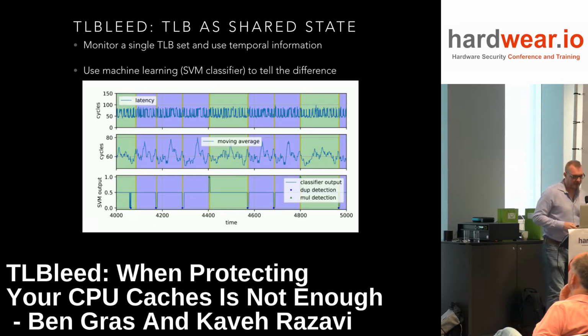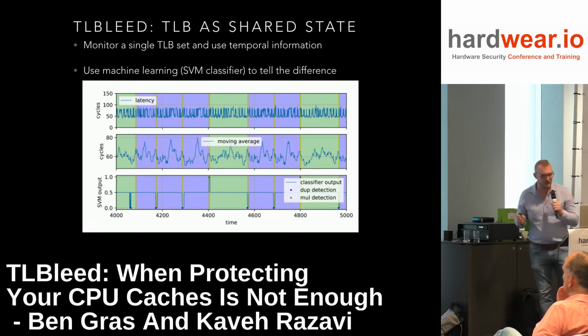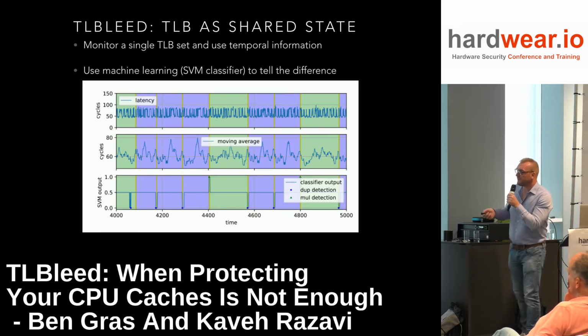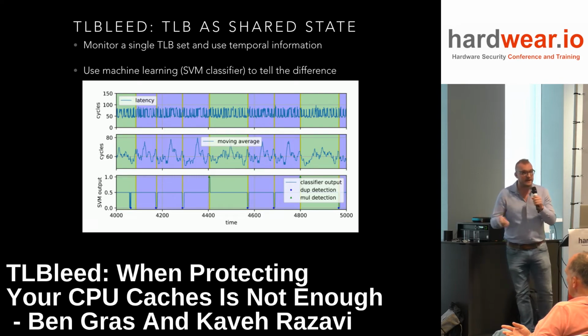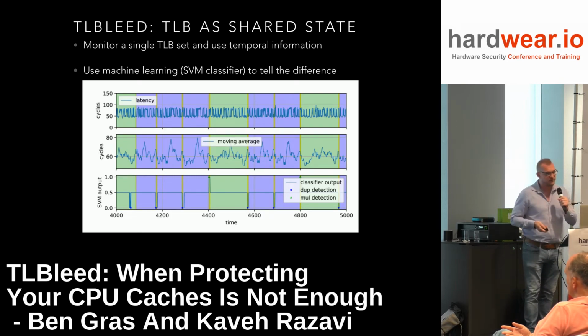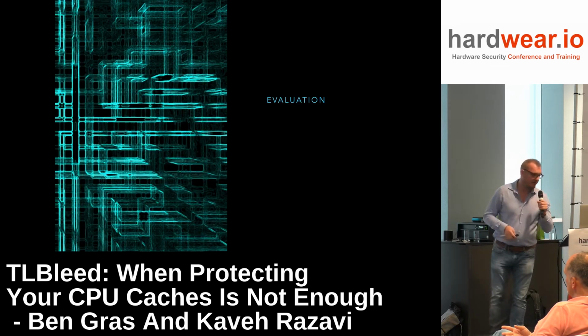So can we do that? This is the output that we get. So we see this classifier is able to distinguish extremely well, given some training examples: start of blue, start of blue, start of green, start of blue, start of blue, start of green, which exactly corresponds to the secret key bits. So that looks very, very promising.